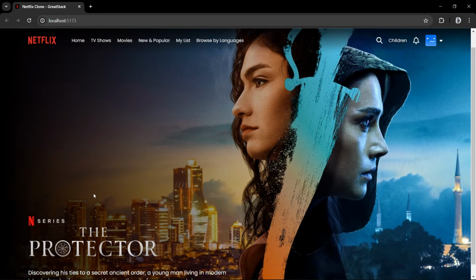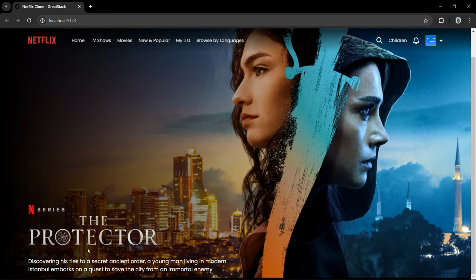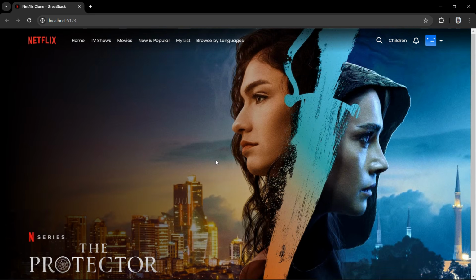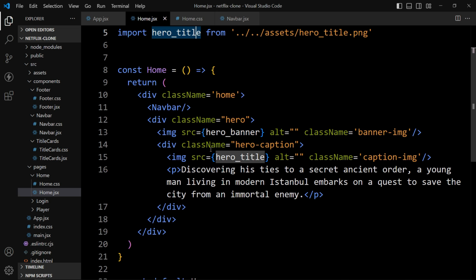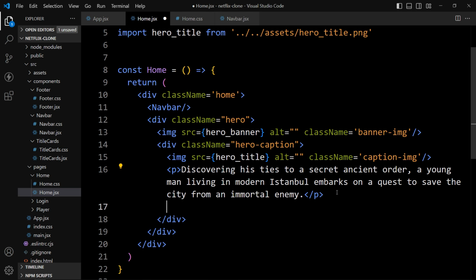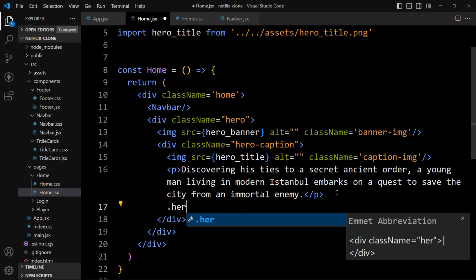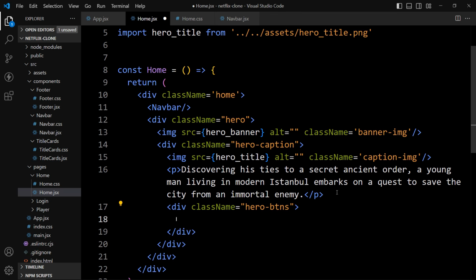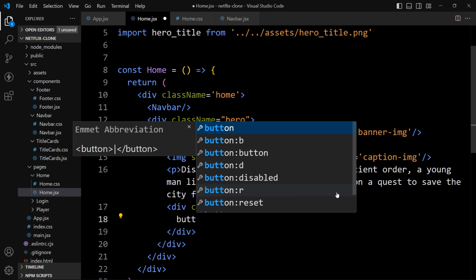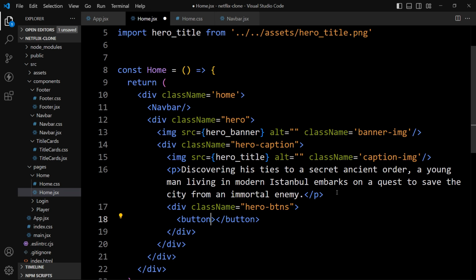So it is displaying here. After that, let's come back to the VS Code editor, come to the index.jsx file, and after this p we will add some buttons. So here we will add one div with the class name hero btns, and within this we will add two buttons. So we'll use the button tag, and let's add the